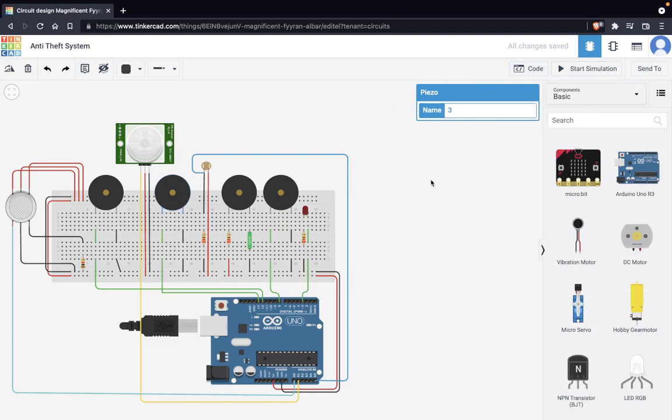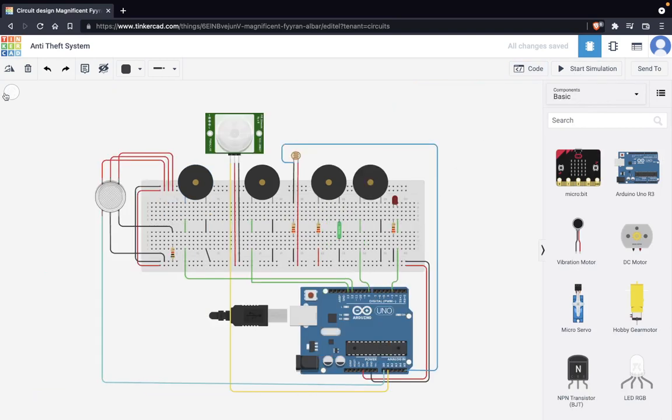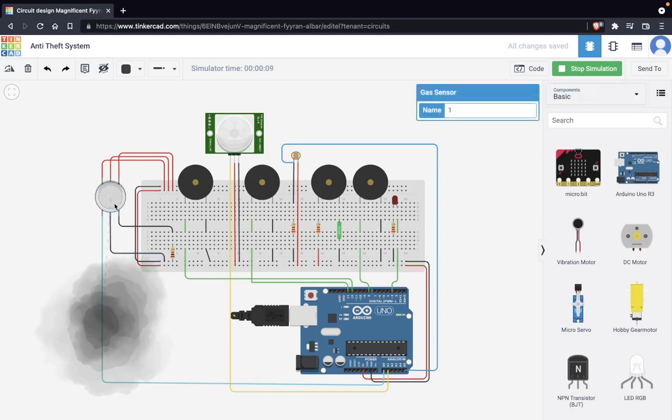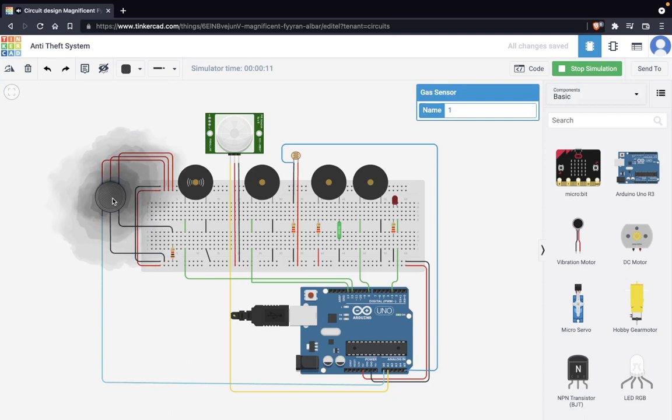Now let's start the simulation and look at it in action. As the simulation started, let's look at the gas sensor. As you can see, it is buzzing. Most probably you might not be able to hear it because I am using a Bluetooth device, and it is not feasible to record, or you can say monitor, the output of your system and simultaneously record your mic. This is just how the Linux kernel works.